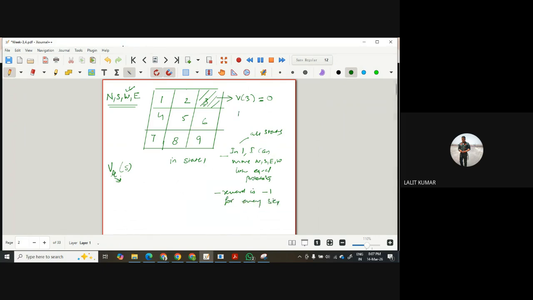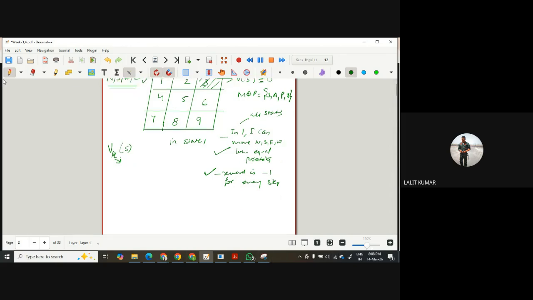So how does the MDP look? MDP is equal to state, action, policy, reward. So state has come, action I have given, this is the policy, and this is the reward. So all four things are there. So now when I have got something like this, I have to calculate the value function for all the states. First I will write the formula. So V pi of S is equal to summation of